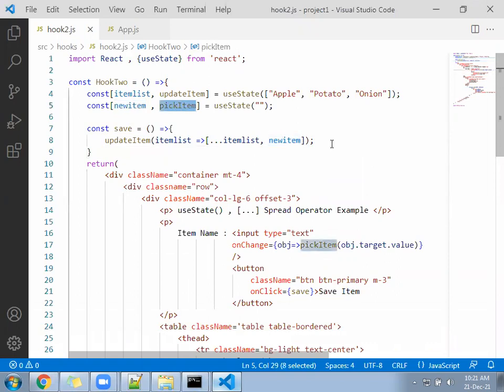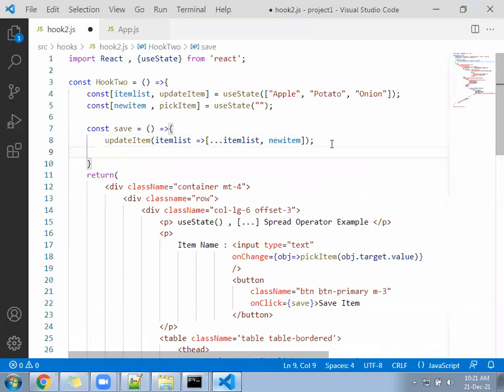So call the function updateItem, and inside the updateItem pass empty. What will happen? It will set empty to the newItem variable.